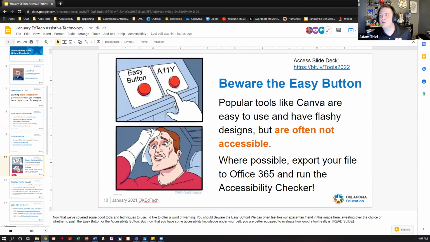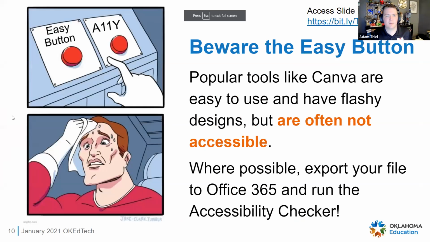Okay, and so go back here, see if there we go. So now that you kind of know some basic accessibility principles, there's lots more, and I've got a slide coming up that has some links to some additional resources here in a minute.